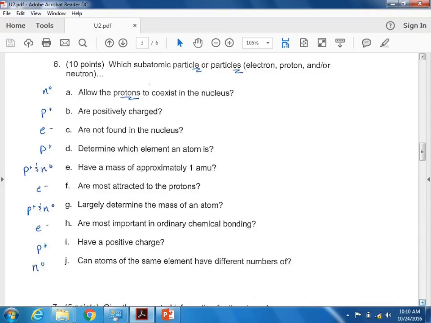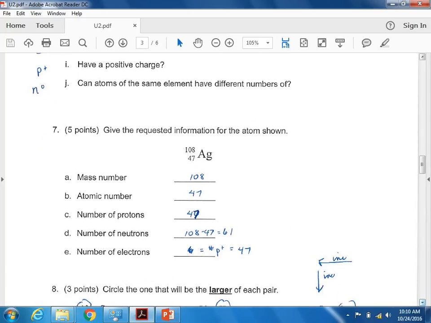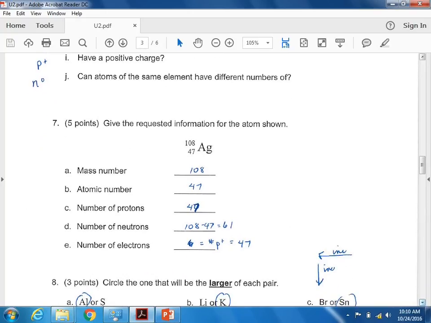Can atoms of the same element have different numbers of neutrons? And they can differ in electrons too, but some would argue now they're not an atom, now they are an ion, so it's a matter of semantics, but you had to at least put neutrons for that one. And then 7 was worth 5 points, and so the mass number in the upper left-hand corner, remember,